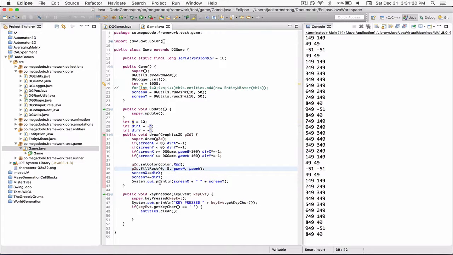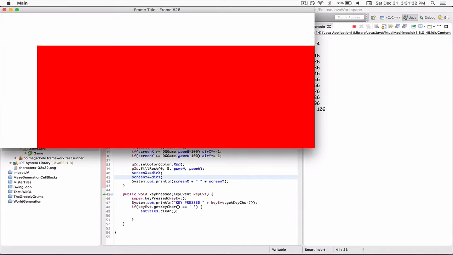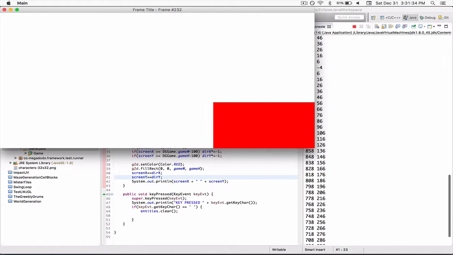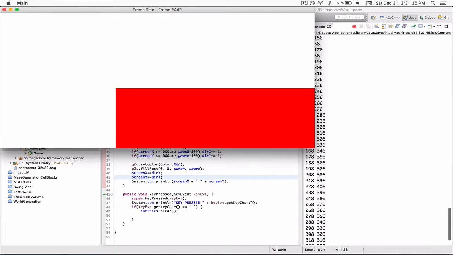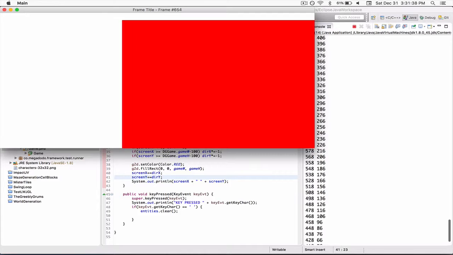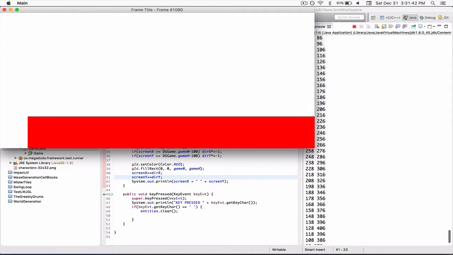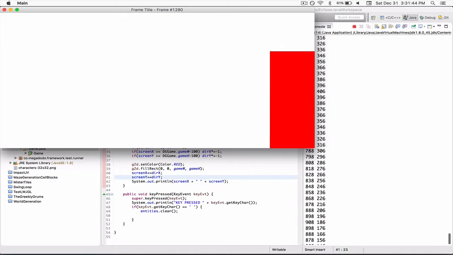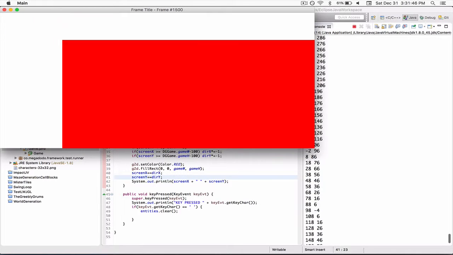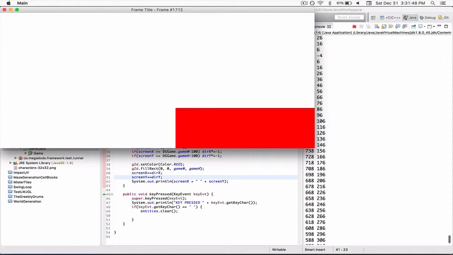So if there was no translation, if we weren't doing this, then it would just be a constant red background. But because we are doing this, it's bouncing around, kind of like a ball, actually. As you can see, it's bouncing off the edges, and it's always trying to draw at 0, 0. But because we call super.draw in our game, this is